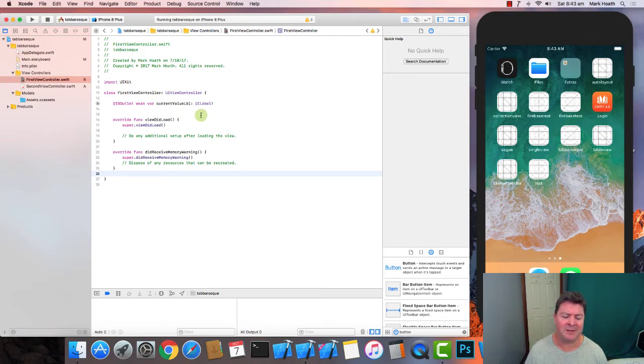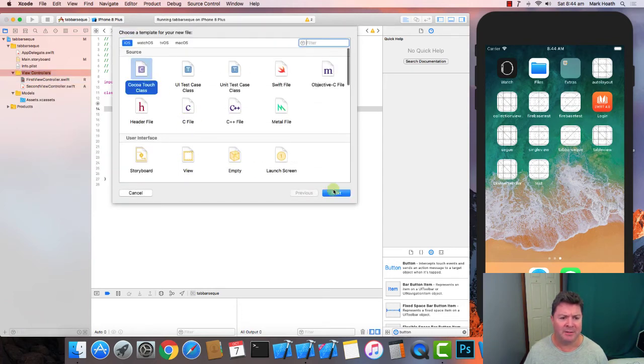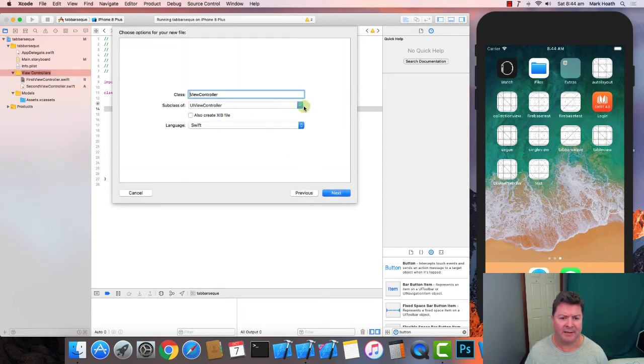That is, by making a custom tab view controller, and rather than customizing the tabs, we're going to supply the data model as part of a new custom class. So under view controls, we'll just create a new file, which is still going to be a Cocoa Touch class,